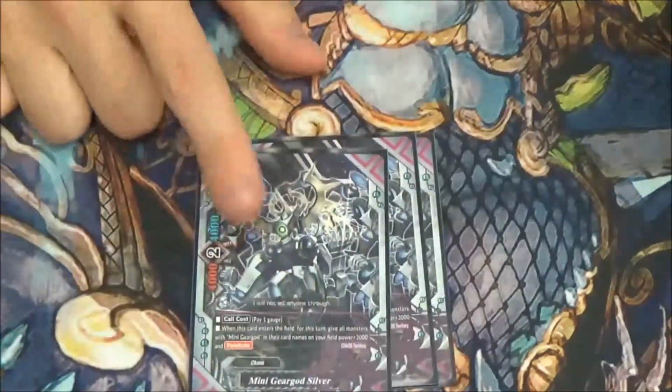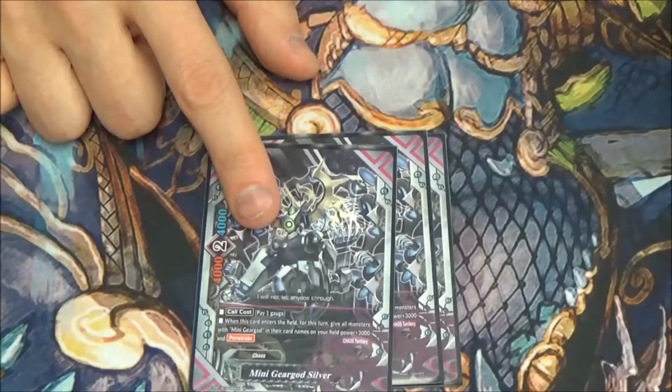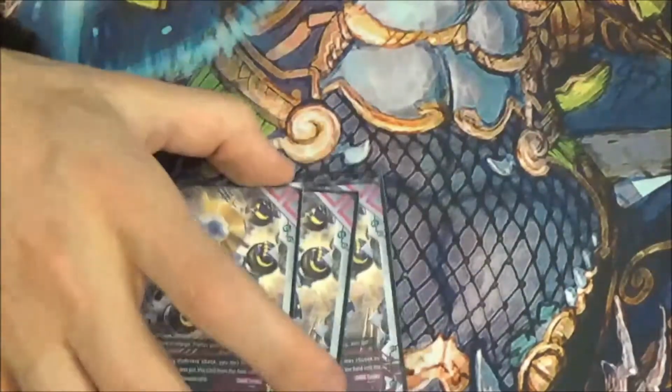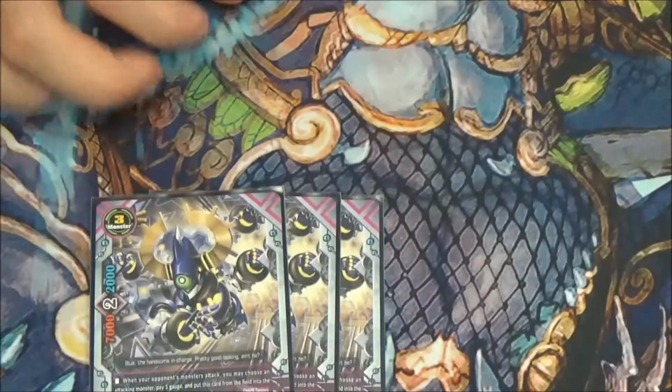Next we play 3 silver, it costs a gauge again, so that's really 3. When it enters, all monsters with MiniGearGod in the card name get 3k power and penetrate, so really good for getting over walls. 3 blue, really good counter card, it's basically a shield, it destroys your opponent's attacking monster unless